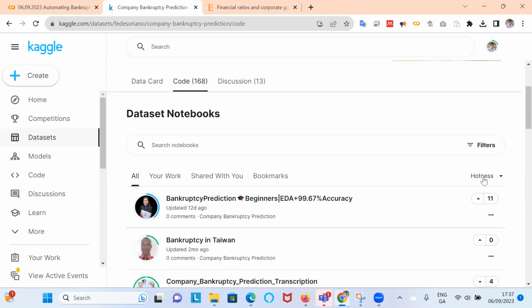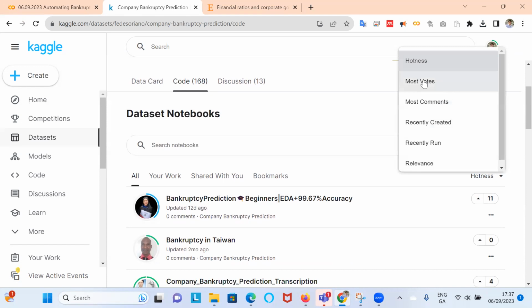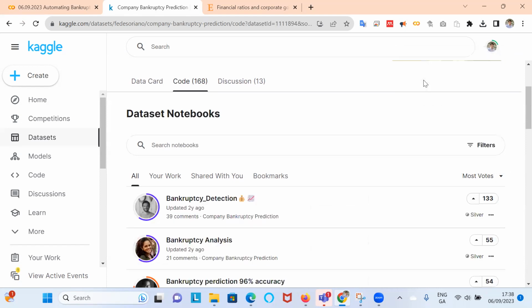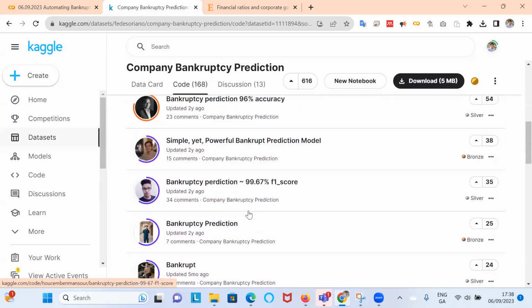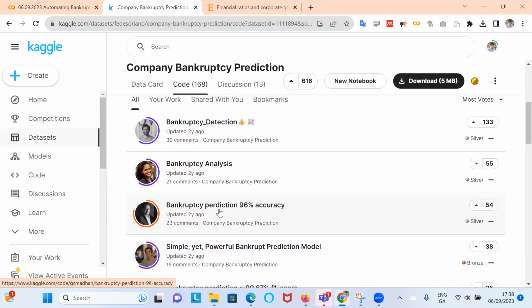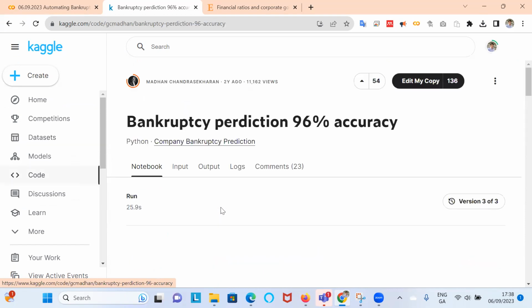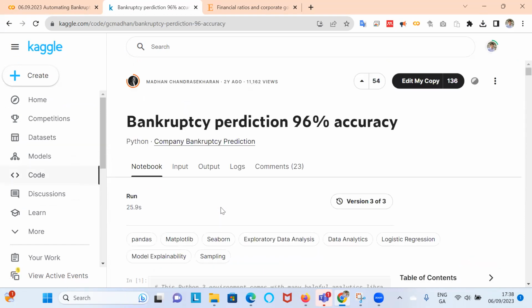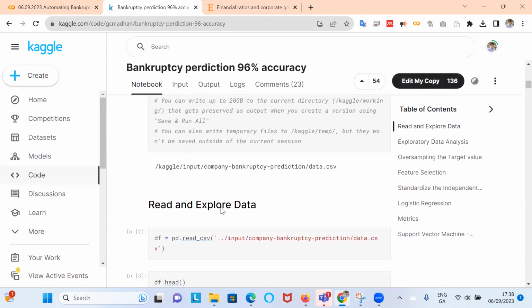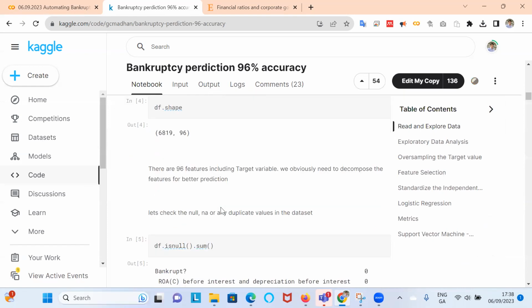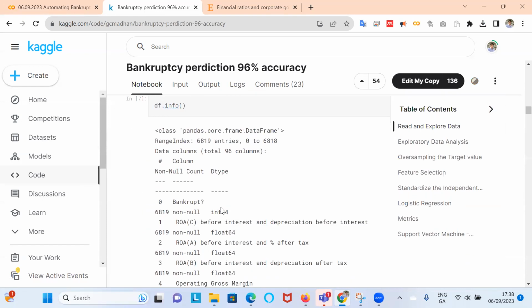An interesting way is to go for the one with the most votes, because that's the one that may have received the most interest. You can select any of these. Let's just go with this one for a moment. You can go in and take a look at the proposed Python notebook and get a sense of what other people did.